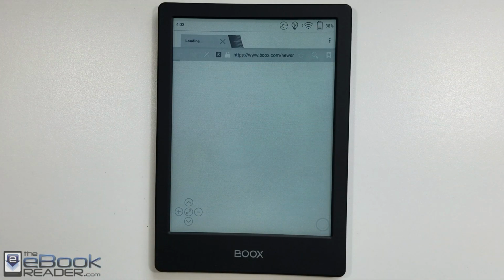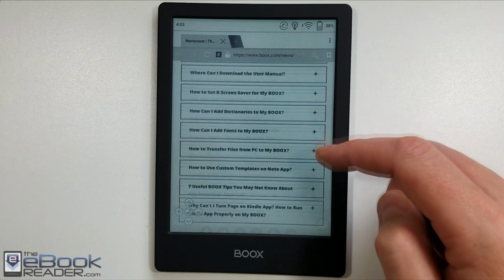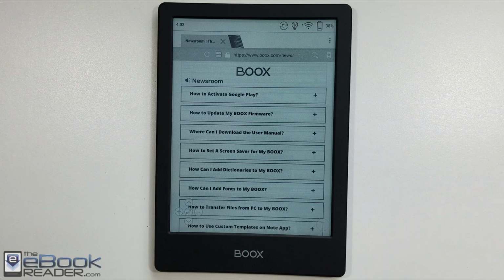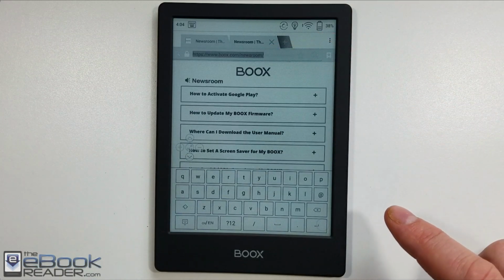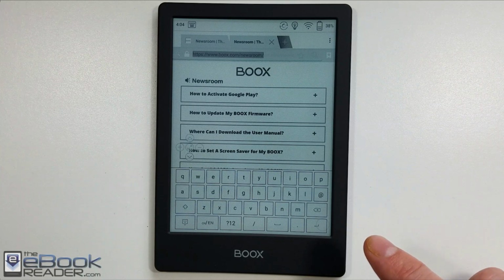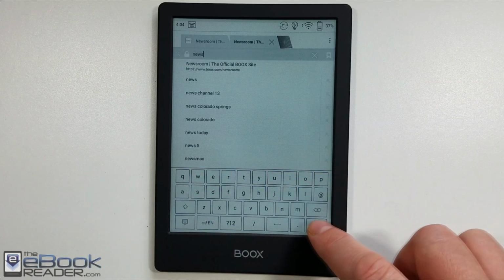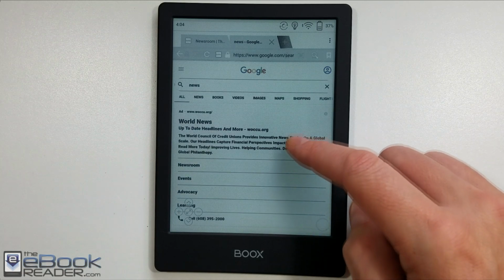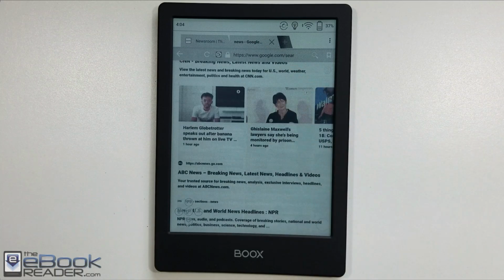Web browsers work pretty well on Onyx's devices. It's set to their website by default with some questions and stuff here, but you can set up a different homepage if you want. As far as e-ink browsers go, Onyx's probably is the best. Again, though, it's an e-ink screen, so you've got to have realistic expectations of how the web browser is going to work. But it is nice having the addition of the color content on here. Their web browser does automatically bold the text sometimes, so if the text is blue, it might change it to black. But as you can see, images